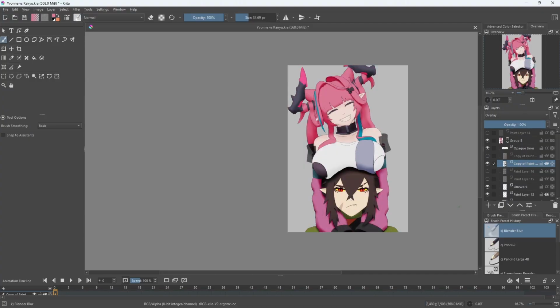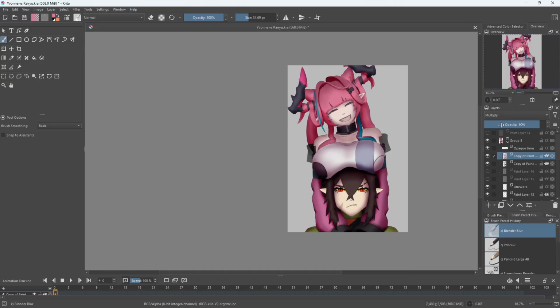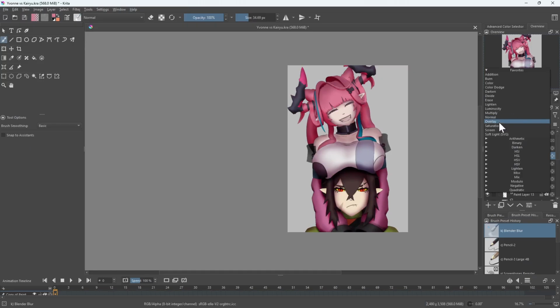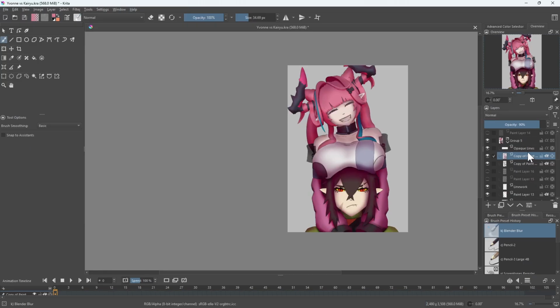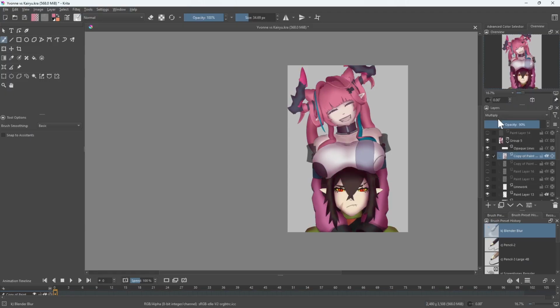Alright, so if we overlay, it gives it more vibrancy. Not bad. So what if we multiply that? Because now, if we turn this back to normal, oh yeah, you saw earlier, the colors are actually changed. But yeah, so now if we multiply these,